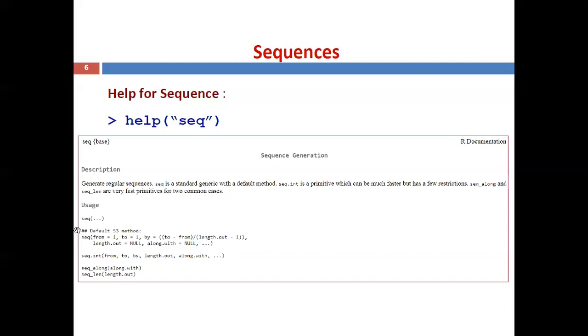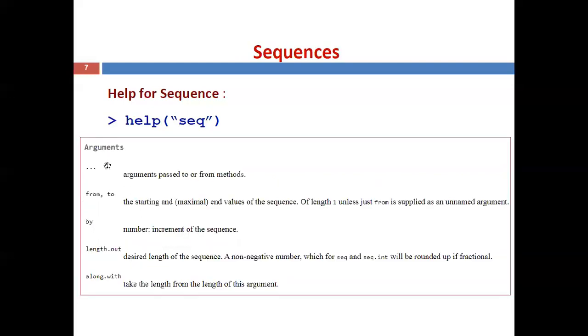Then you can see the usage, the syntax seq within brackets, where you can mention the from value, to value, by value. So this is the help about the sequence.